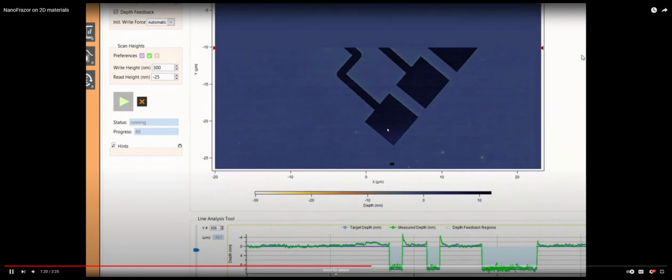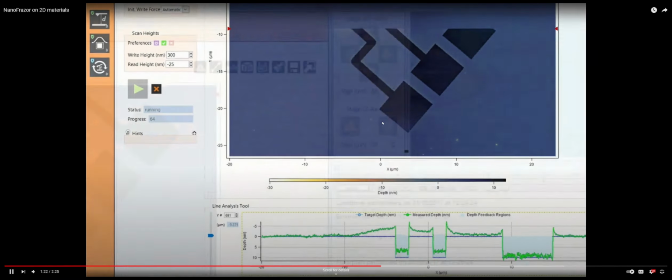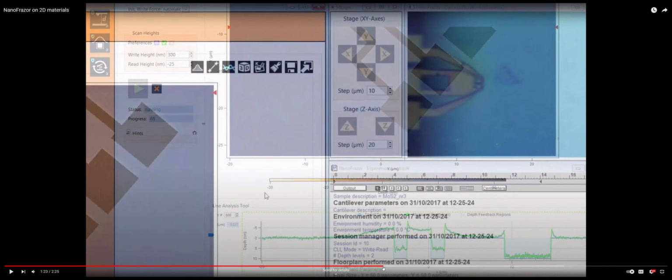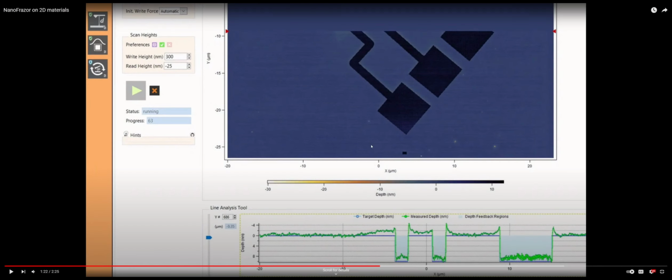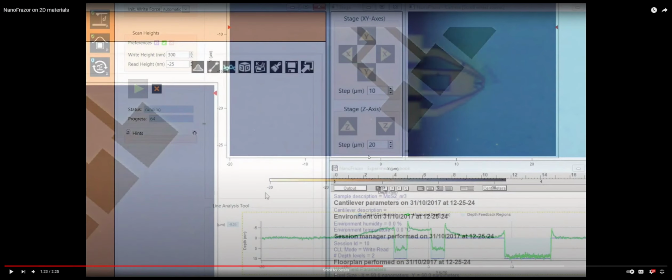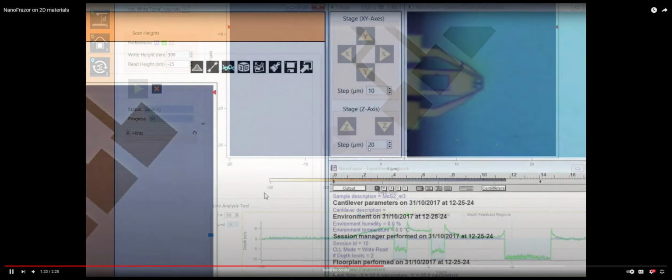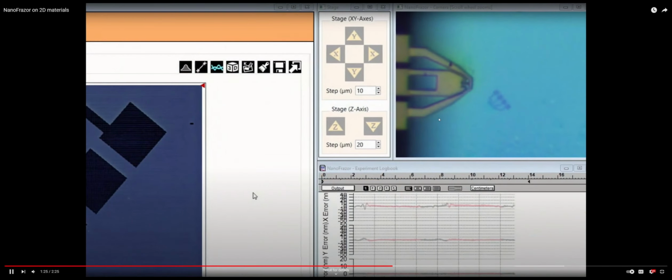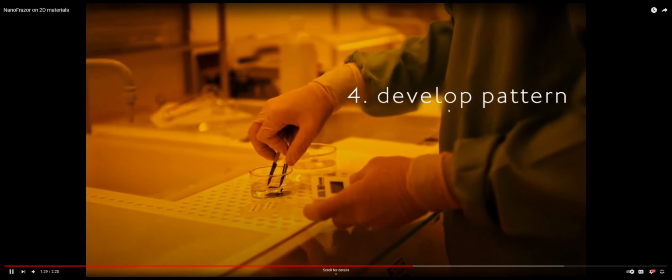Now, after we read, we place our design, and this is the following step, which is the patterning step. Here we're patterning the design that we have created previously. We created it, then we import it and pattern. We pattern through the sublimation of the PPA material. After we pattern, we develop.